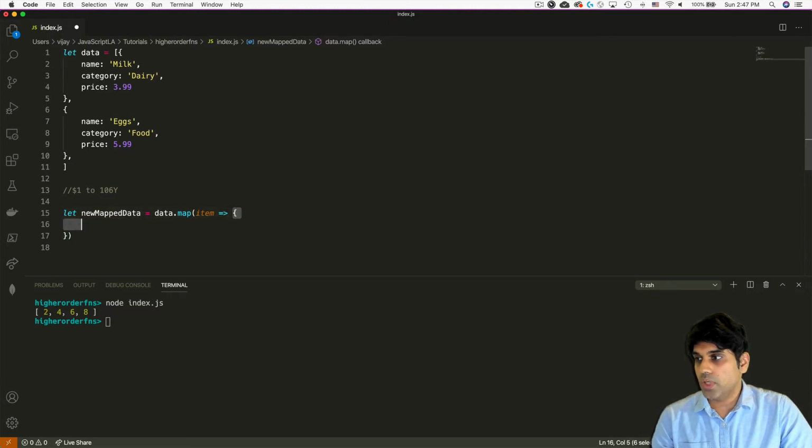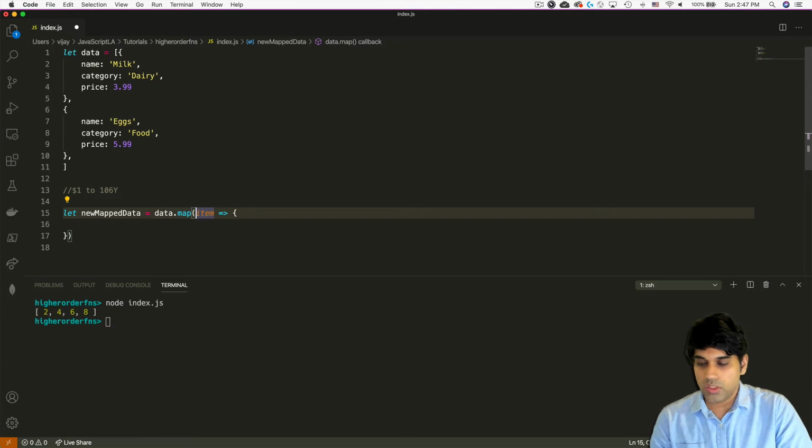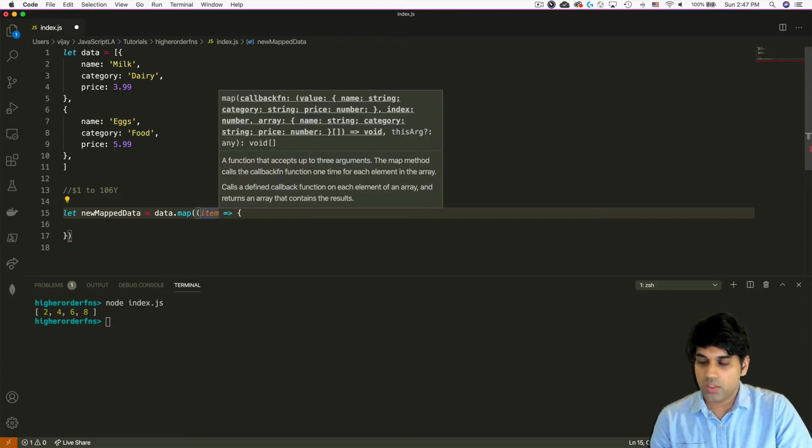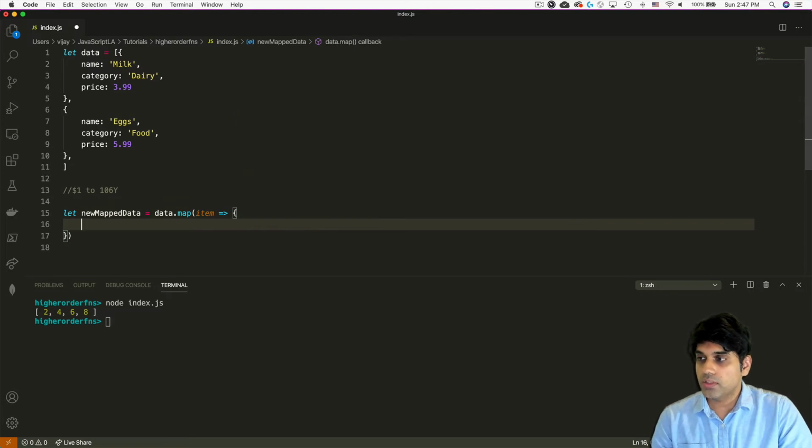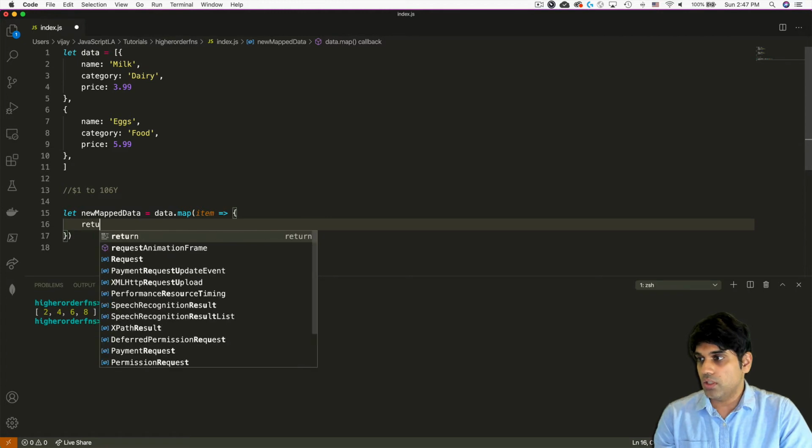Again, anything on the right hand side is the function body, anything on the left hand side is basically the parameters for your function. If you only have one parameter, you don't need the parentheses, but you can use parentheses if you want, but I choose not to. And so here the question is, okay, so what am I supposed to do next, right? This is where it gets a little hairy, because if you just return,